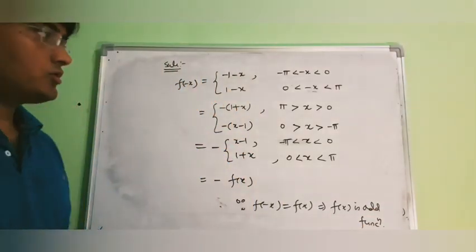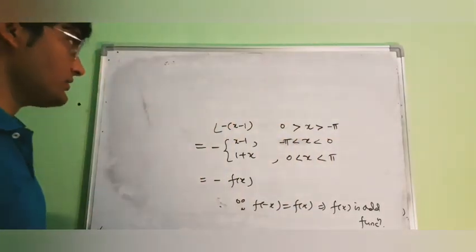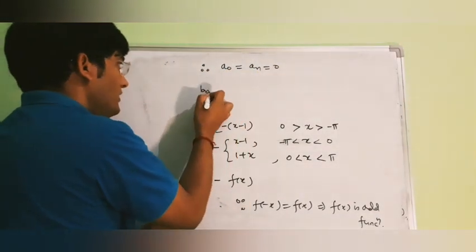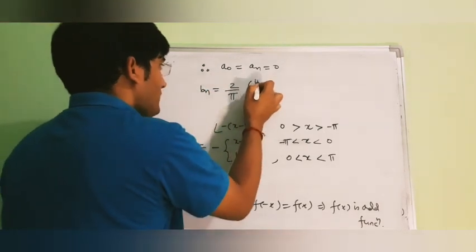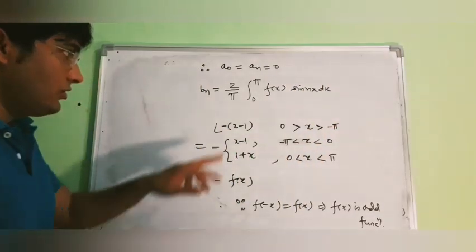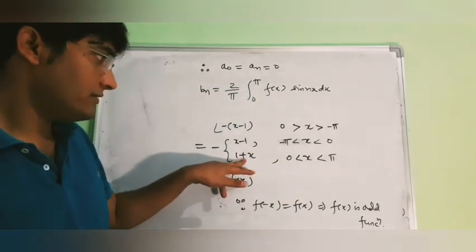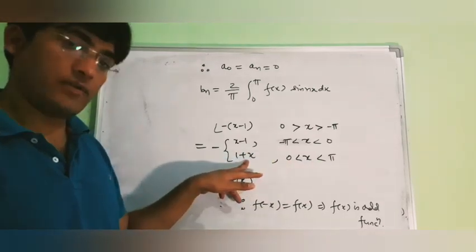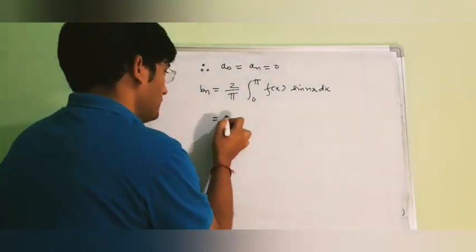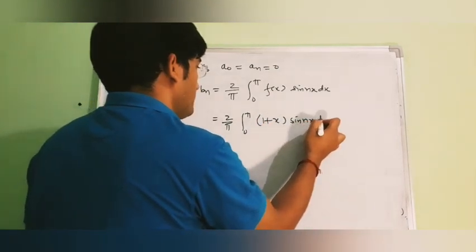Now as fx is odd, so we will evaluate half range sine series. So for the half range sine series, our a0 and an will be 0. So let us compute bn. Now bn will be 2 by pi integral 0 to pi fx sine nx dx. Now between the interval 0 to pi, the value of the function is equal to 1 plus x. When your x lies between 0 to pi, the value of fx is 1 plus x. So this will be equal to 2 by pi integral 0 to pi 1 plus x sine nx dx,